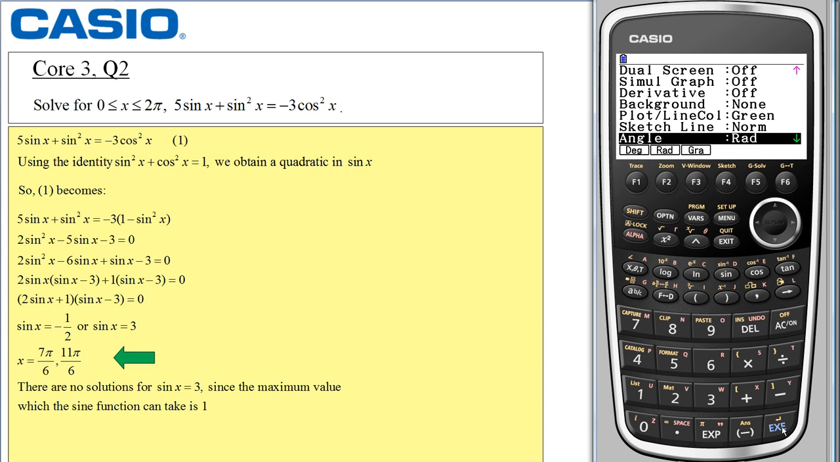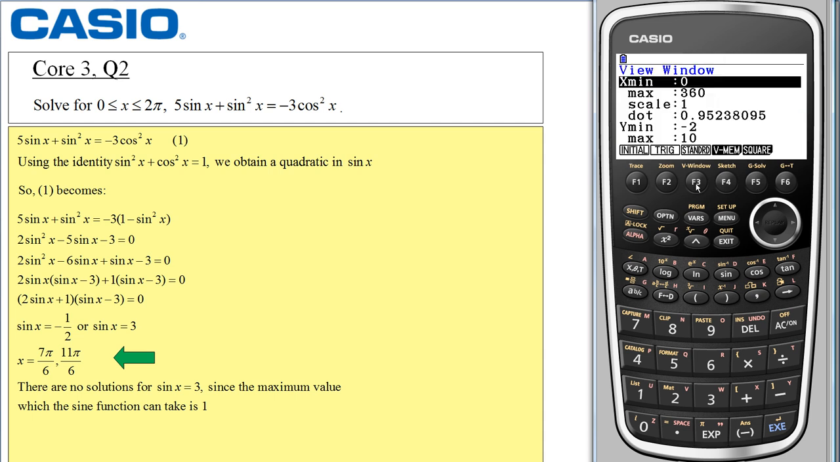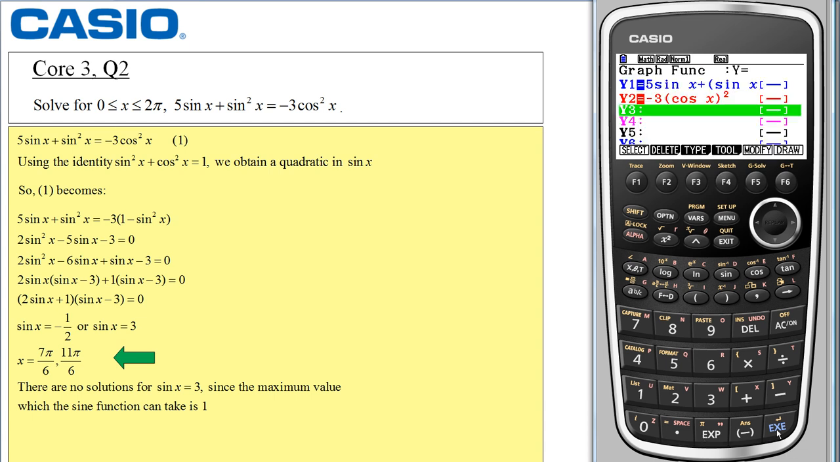Okay, if I select execute and draw, the reason I get such an interesting pattern is because the V window parameters need to be changed from degrees to radians. For example, if I select F3, at the moment the X max is set at 360. Well, that was useful for degrees, but in terms of radians, I'm just interested in one cycle, which is 2 pi. If I select execute now and then draw,